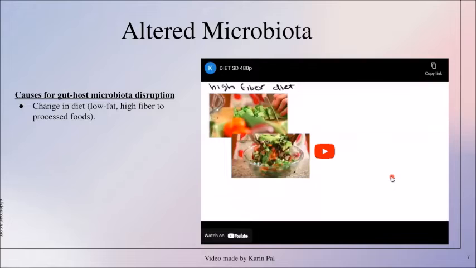The reduction of dietary fiber intake and frequent dietary changes between high-fiber and low-fiber foods facilitate a reduced gut microbiota diversity, which is associated with the development of Crohn's disease. Researchers have found that increased adherence to a Mediterranean diet is associated with a significantly lower risk of Crohn's disease.